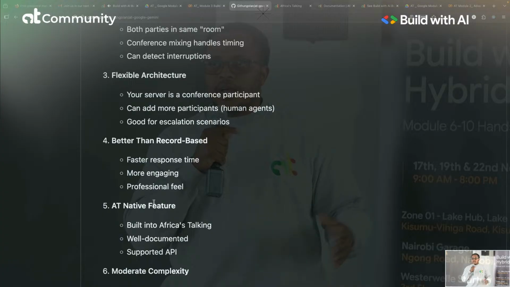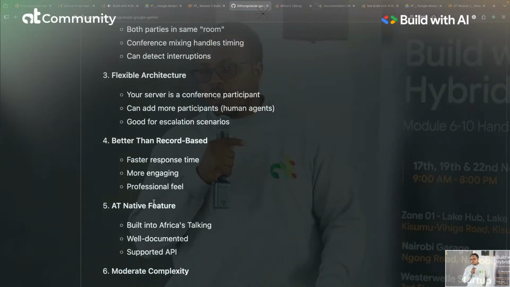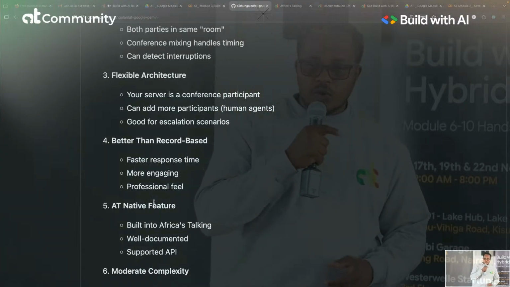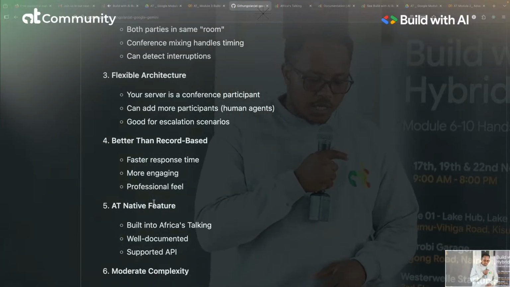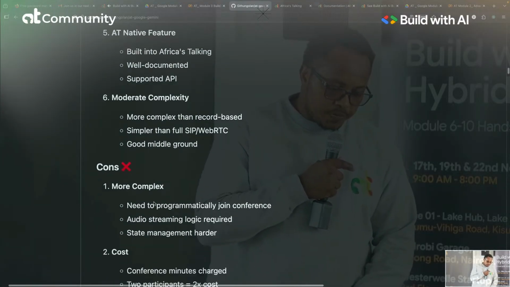So you can have Gemini, you can also have another human agent available in the call, either to monitor and see if Gemini is providing the correct responses, or in case there's an issue whereby it's unable to respond, they can chime in and respond to the issue. So